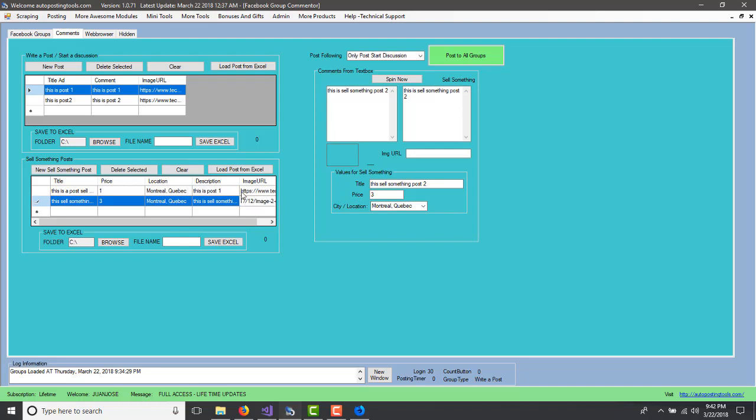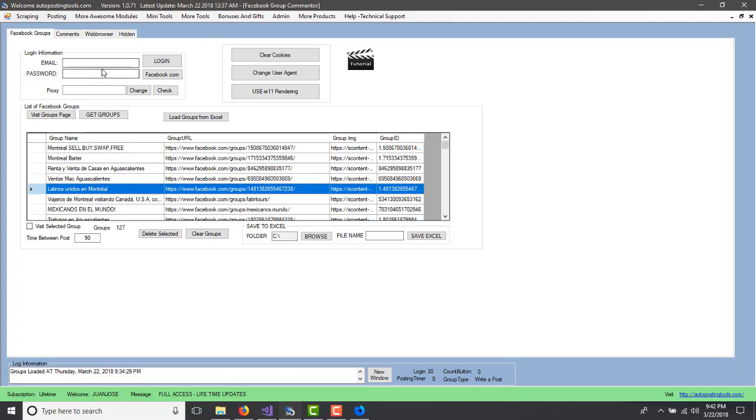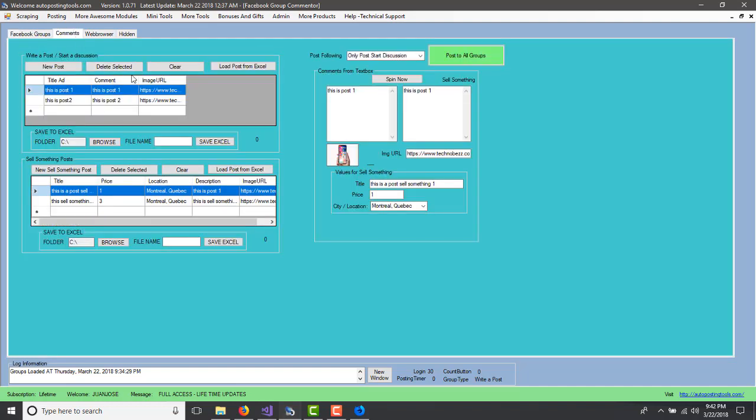The test that I'm going to be doing with you guys is going to actually show you an image when you are posting. So now to post on Facebook groups, you log in, you load your groups, you come here, you load the start a discussion post. In this case, if you want to only post that kind of post, you leave it as it is, and only this kind of post will be